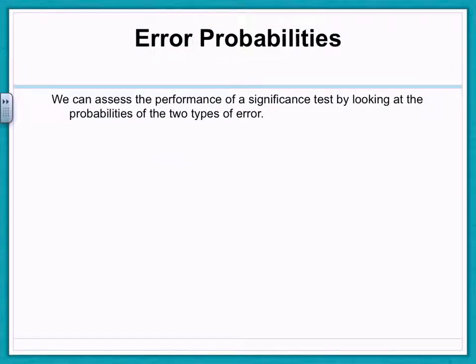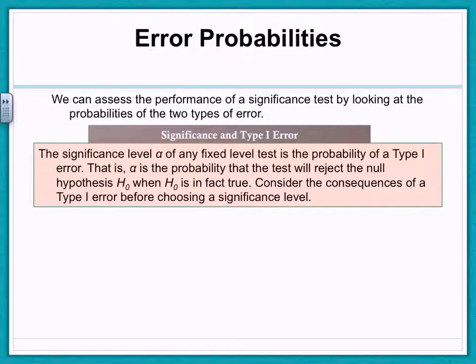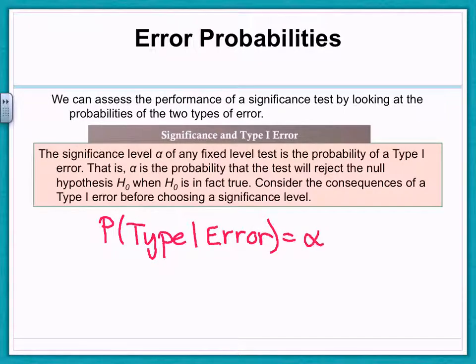Okay, so what we're going to talk about in this video is the probability of making our two types of errors. The first type that we'll talk about is the type 1 error, which is really easy to calculate. The significance level of any fixed level test is our probability of a type 1 error. So the probability of a type 1 error is just equal to your alpha. Alpha is the probability that the test will reject the null hypothesis when the null hypothesis is actually